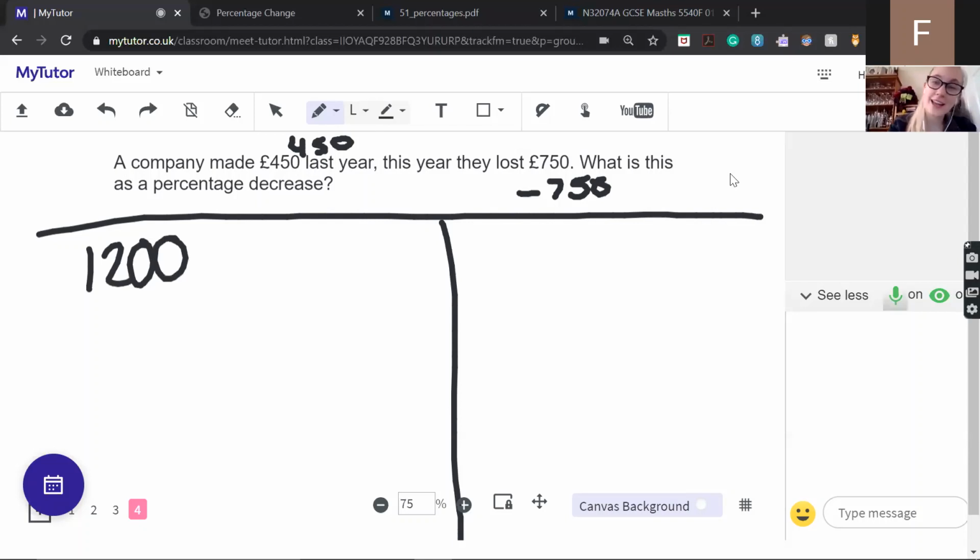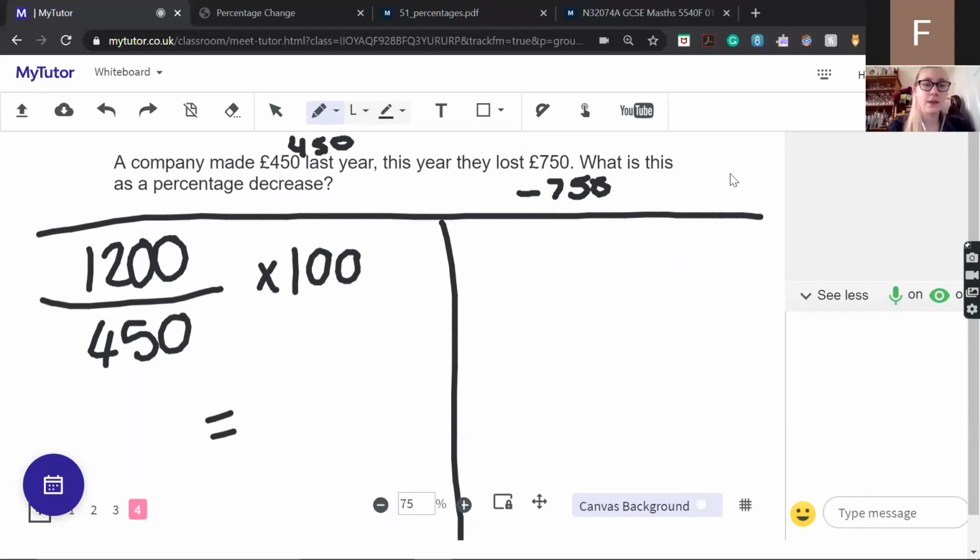And we want to calculate that as a percentage of our original amount. So that's what we're going to do. And that gives us 266.67. I'm rounding it, it's 6 recurring, so I'm just rounding it to 2 decimal places. So it's a minus